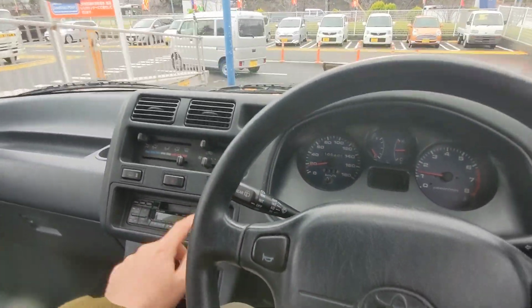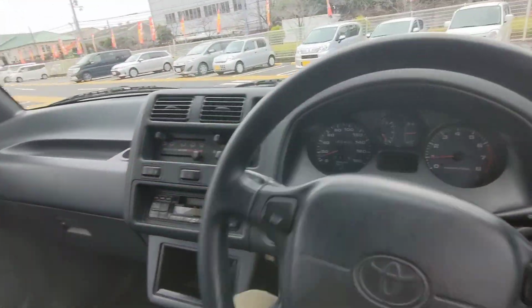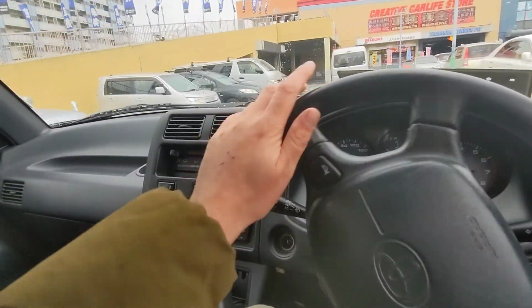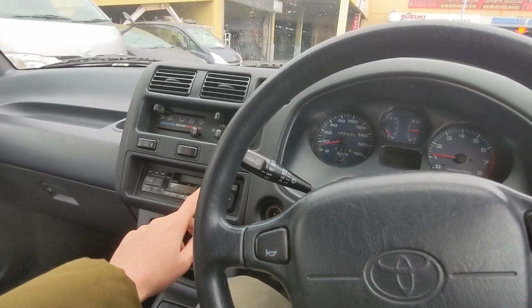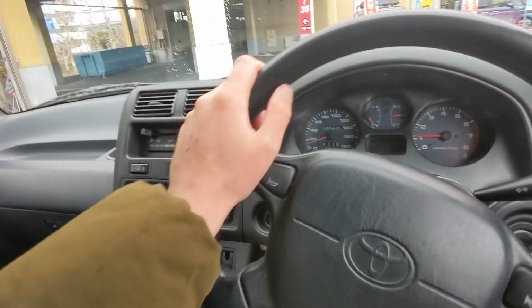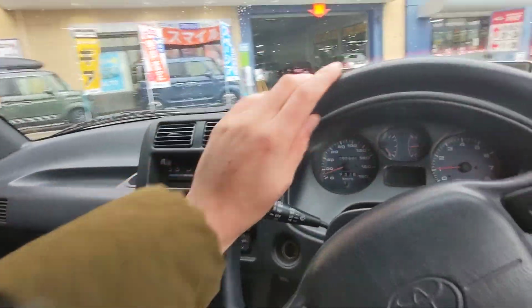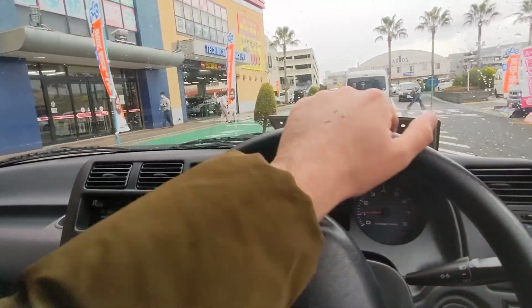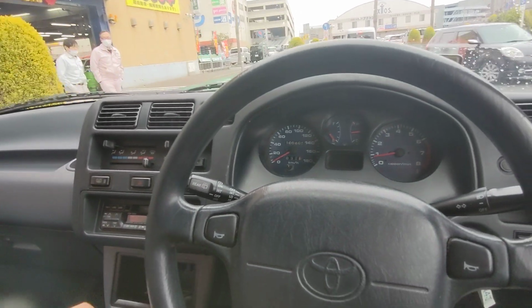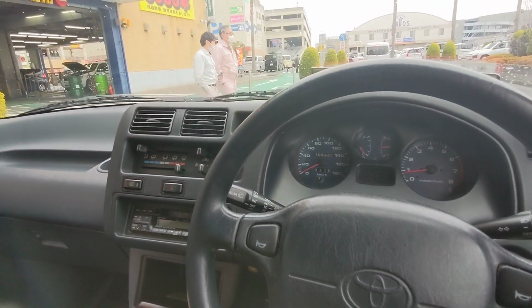Sorry, the plate is going to be a little bit noisy. You can see the radio is working. Bad reception, but it is working. They're probably stock speakers, because it sounds a little bit bad if I'm honest. Air conditioning worked on it. Tested it before. Now it is a pretty cold day, so